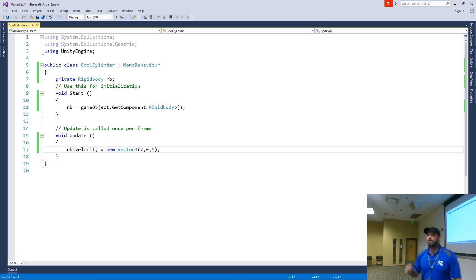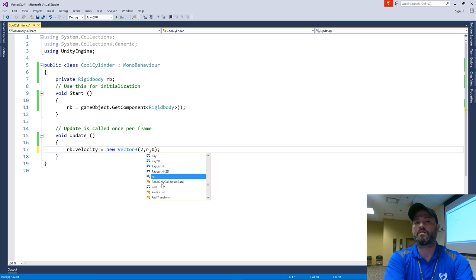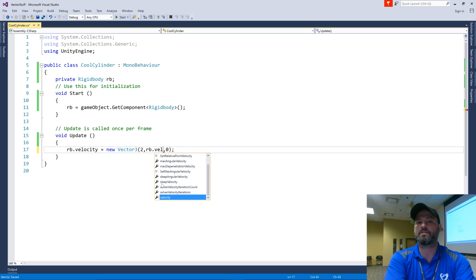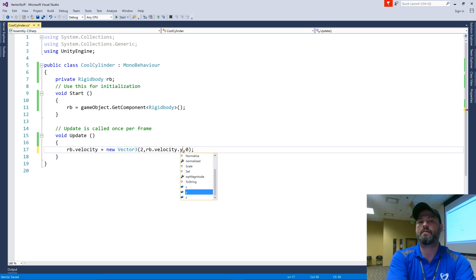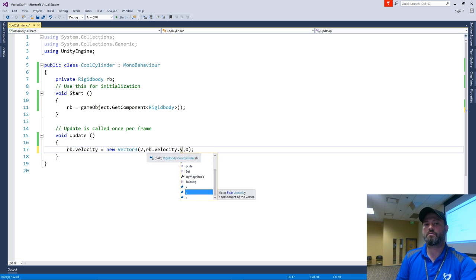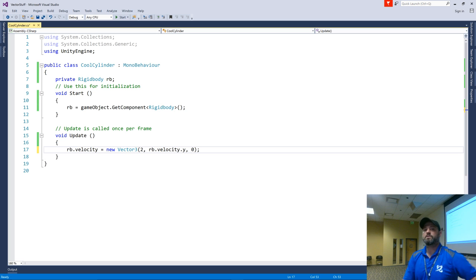So I know I want to move him to the right, but I want to keep the rigidbody's rb.velocity.y for the y component. Let me put some spaces in here so you can see things. Right? So I'm saying I don't want to override his velocity in the y. Let gravity take care of that, please.